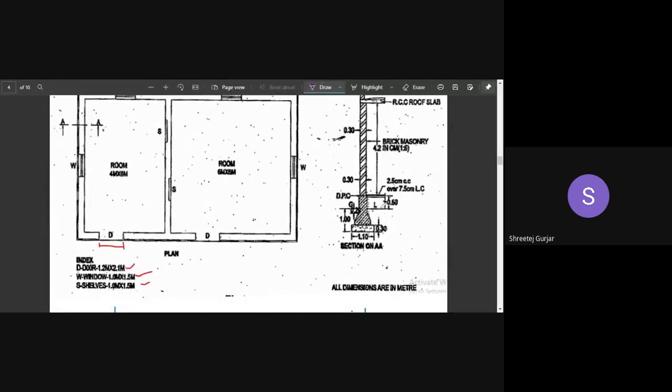So you can see, as I've told, the depth that you have to excavate, you can see in the section here, the depth that we have to excavate from ground level to your foundation level, they have given as 1 meter. So depth is 1 meter. Width, you can see it is given as 1.1 meter. Okay, width is 1.1 meter, depth is 1 meter, right? And the length we will check how to calculate.